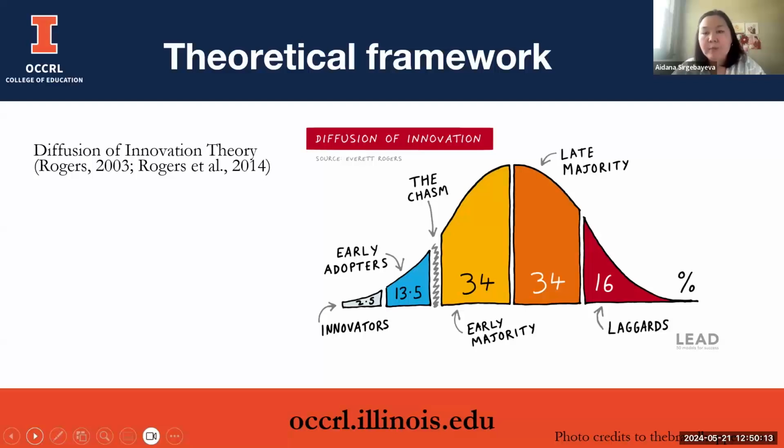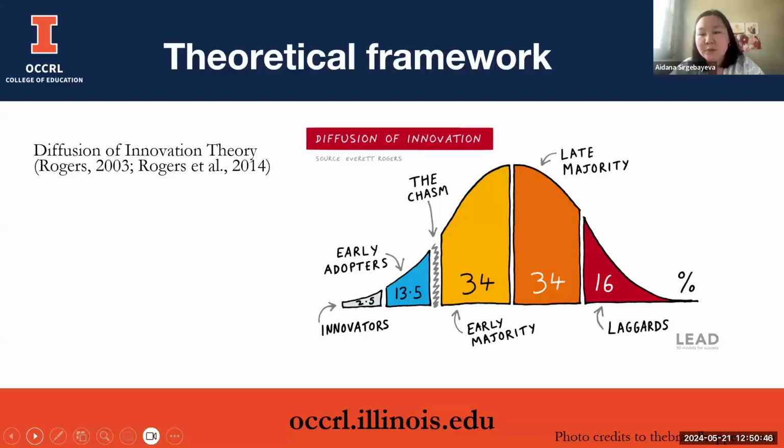or process. So early majority, 34%, are the people who have seen the success and need evidence of the success of the innovation in order to implement it within their own units or places, or community colleges in our case. And we have late majority, those who have seen the success and not really success, and also have seen different variations of how innovations usually work and diffuse within space and time.